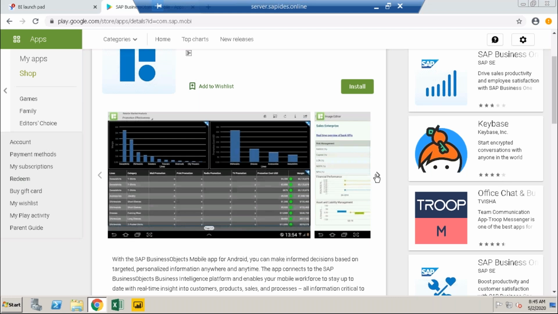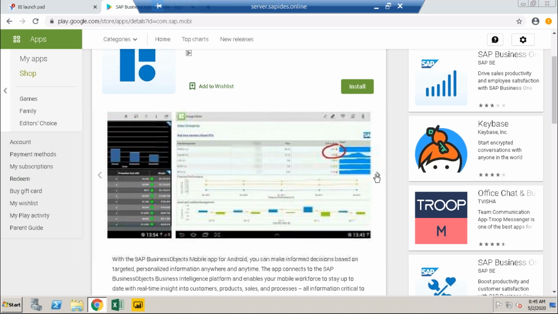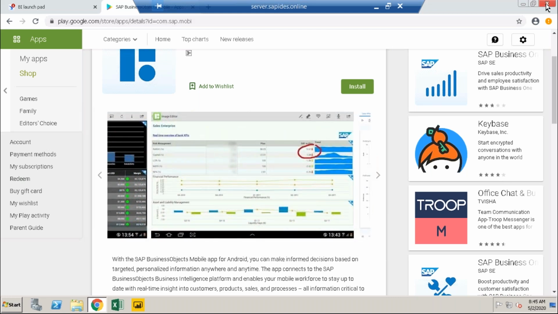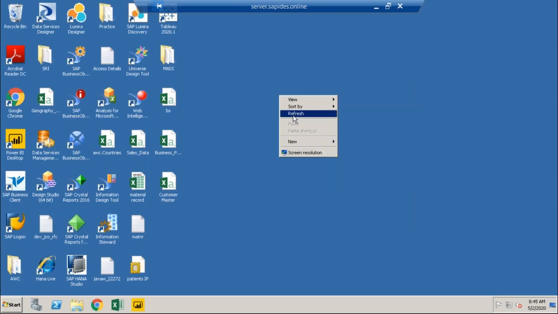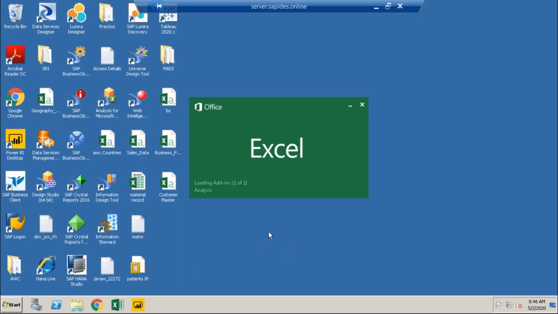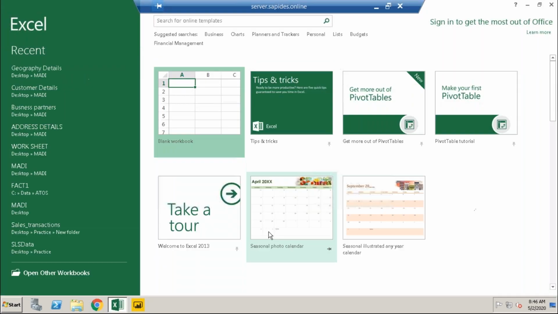Okay. So now these things we have, right? Let's see the Excel integration part. When I open Excel, we directly have the Excel integrations.